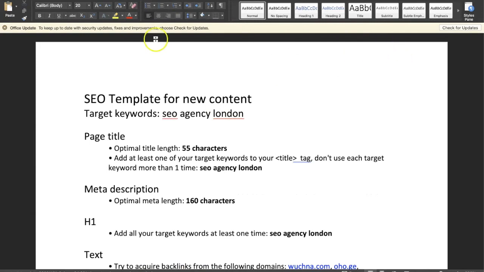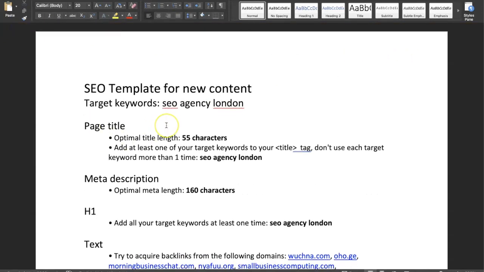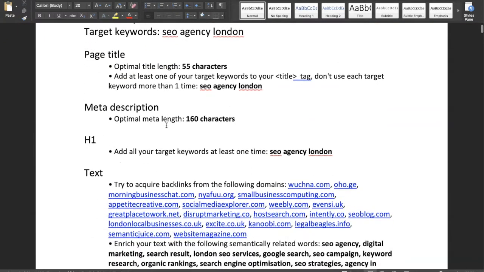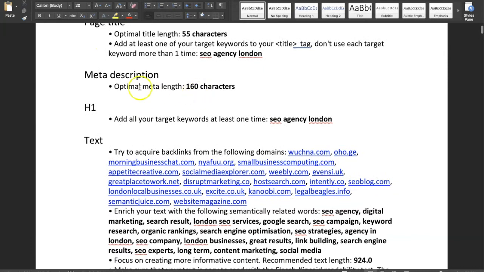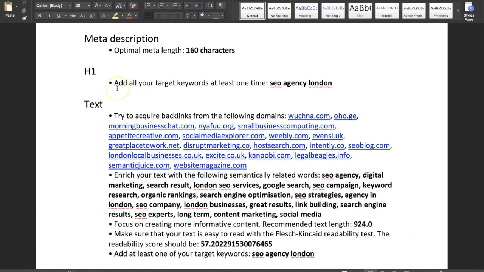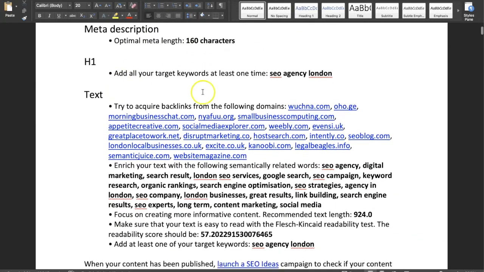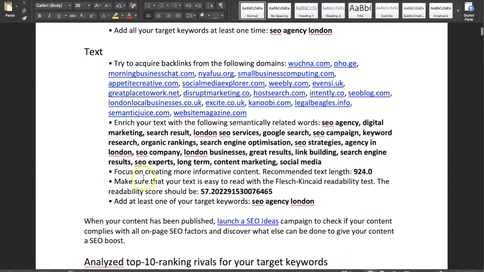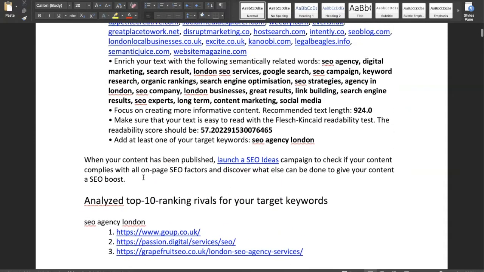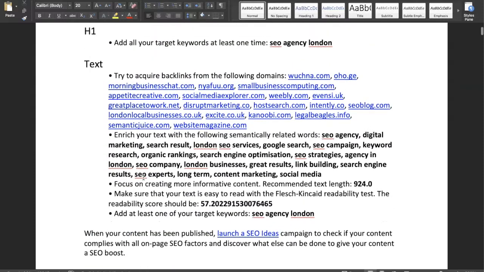So here we go. This is the SEO template for new content with the target keyword being SEO Agency London, and it gives us information on the page title recommendation, the meta description recommendation in terms of character length. It talks about what the H1 should be and that we should use it at least once. And then it talks about, of course, all of those things that we've just been discussing. So let's go ahead now and have a look at a couple of these places where it does recommend to